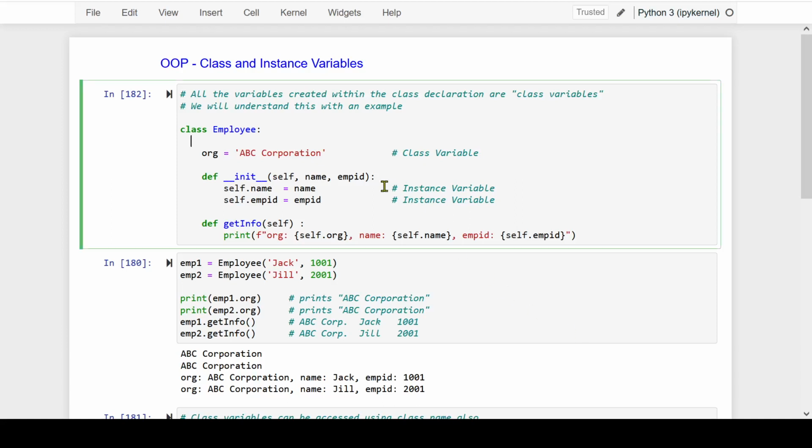Hi guys, in this video we will discuss class and instance variables. See, this class has been defined. The name of the class is Employee and it has got one constructor,